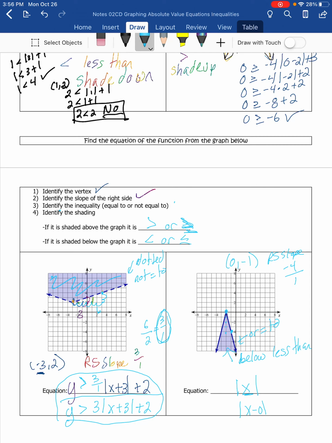And then I know it's going to be minus 1 on the outside because that's where my vertex is. My right-hand slope is going to be negative 4, or negative 4 over 1. My graph is solid, so it's going to be or equal to, and it's shaded below, so it's less than or equal to. So y is less than or equal to negative 4 times the absolute value of x minus